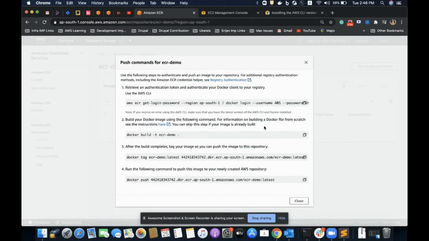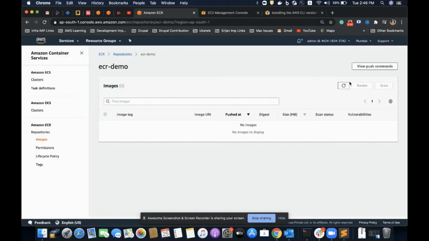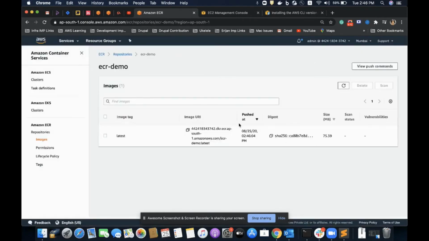Okay, I have pushed the tag here. Let me close it and see if anything is reflected. Yes, now I can see my Docker image with this URI and the latest tag.